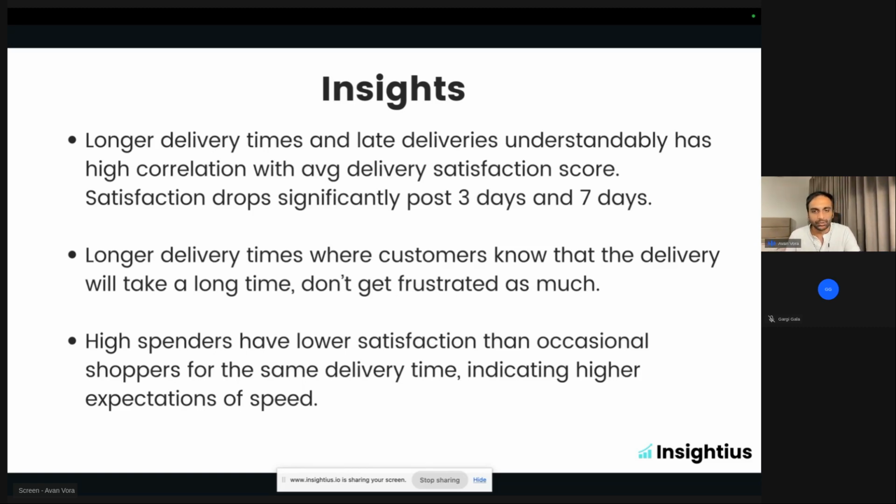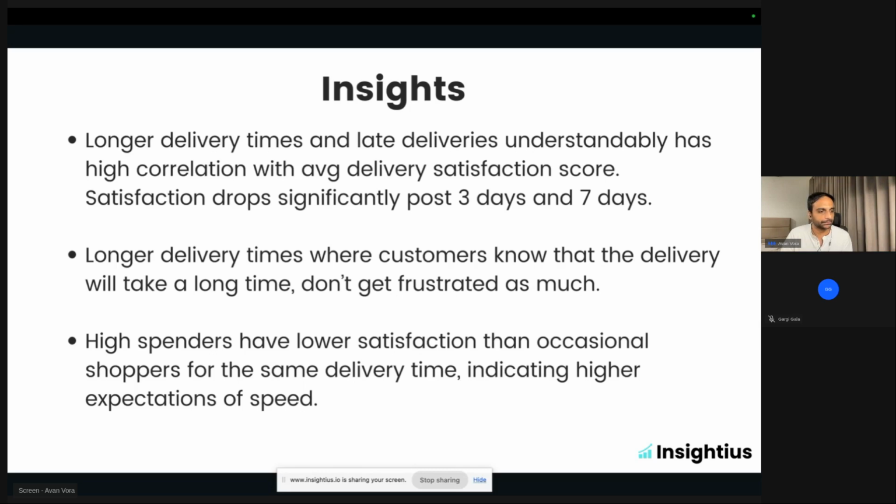Keep shipping under 3 days. Yeah, good. Yes. Keep shipping under 3 days because we saw that about 3 days the satisfaction really reduces. Yeah. What else? Increasing the delivery experience from 4 to 5 will improve the high spender retention rate by 50%. Yeah. Good. Okay. What else? Any delays need to put advance notice to customer. Yeah. Good point. Good point.